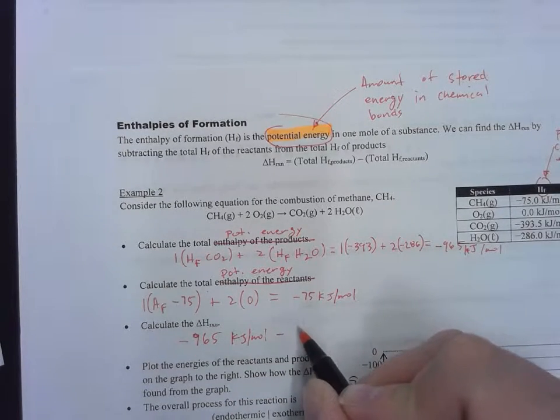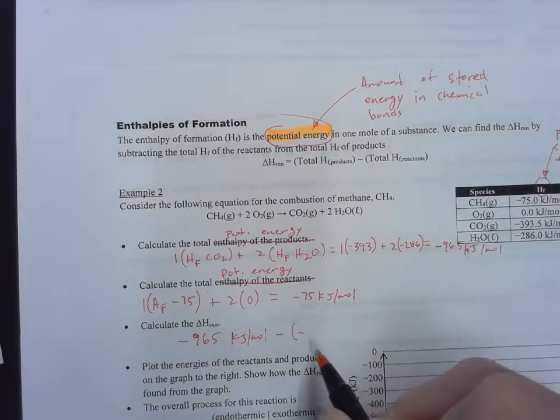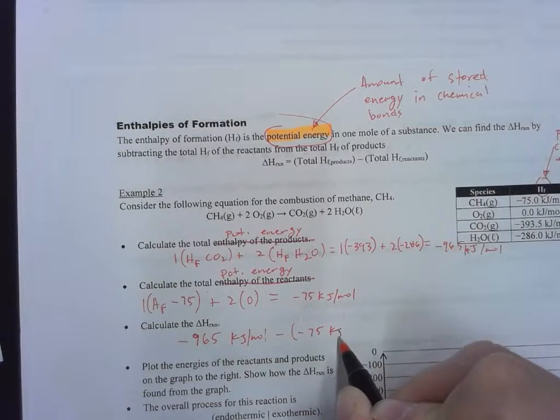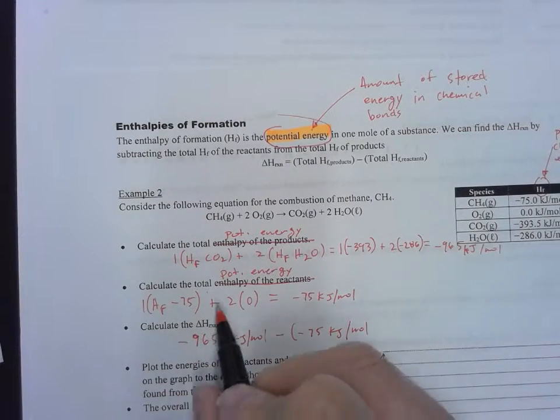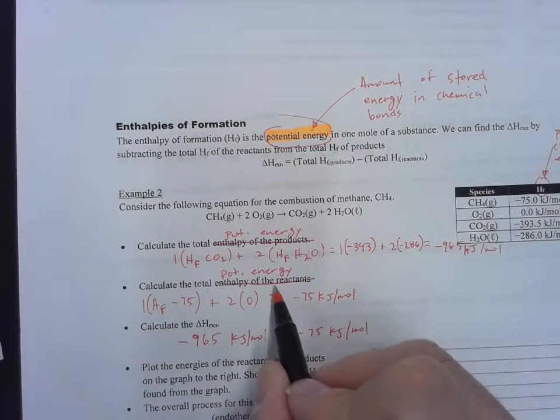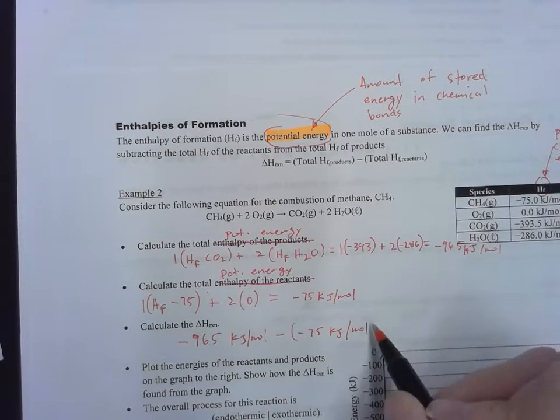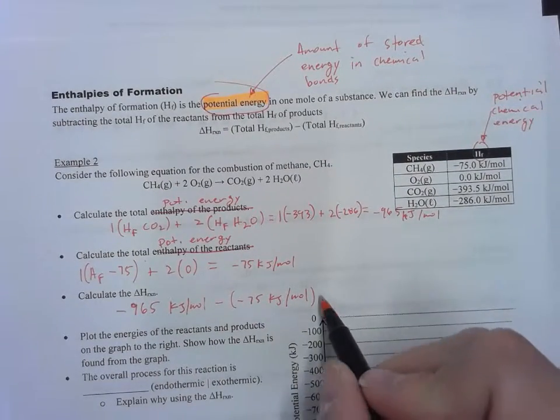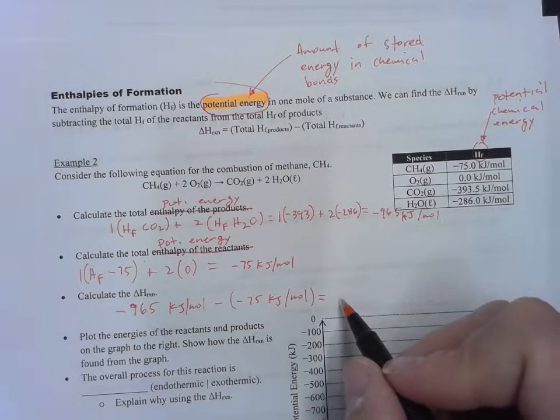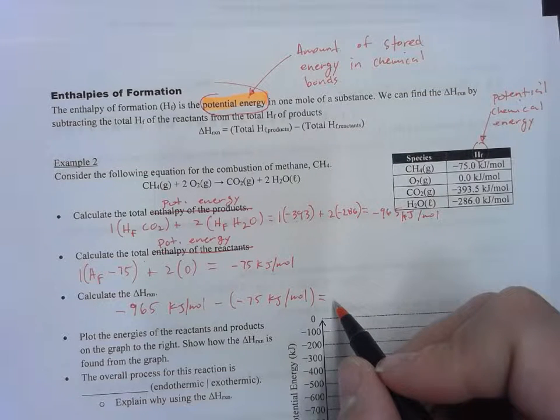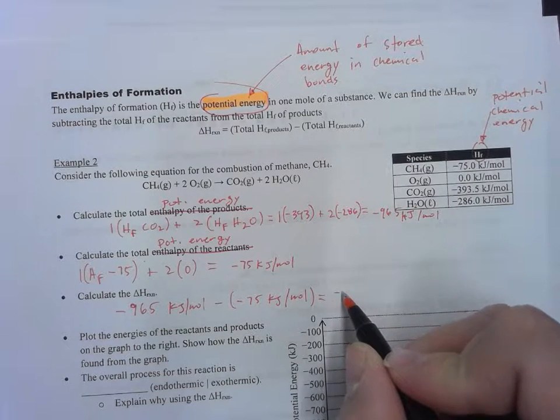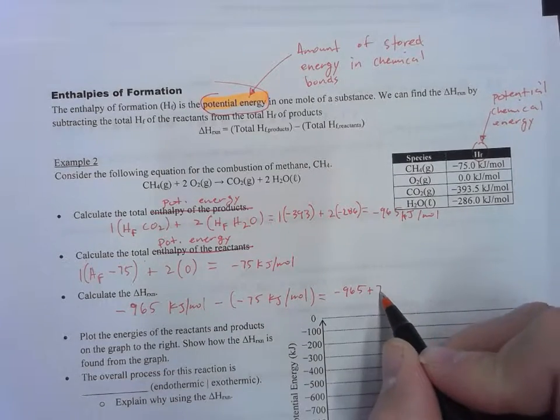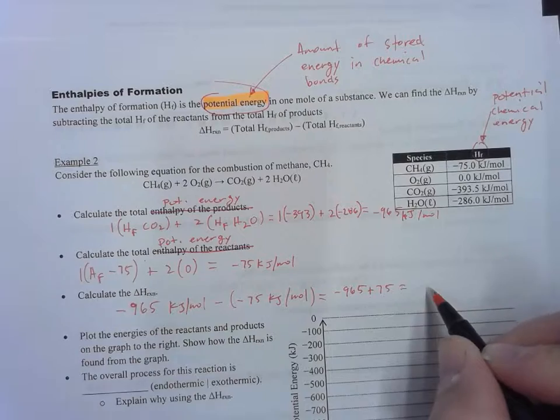minus negative 75, right, kilojoules per mole, because that's the potential energy of the reactants. Okay, I'm following this formula right here. So negative times negative is a positive, and that's going to be negative 965 plus, remember that's a positive, 75 for a grand total of negative